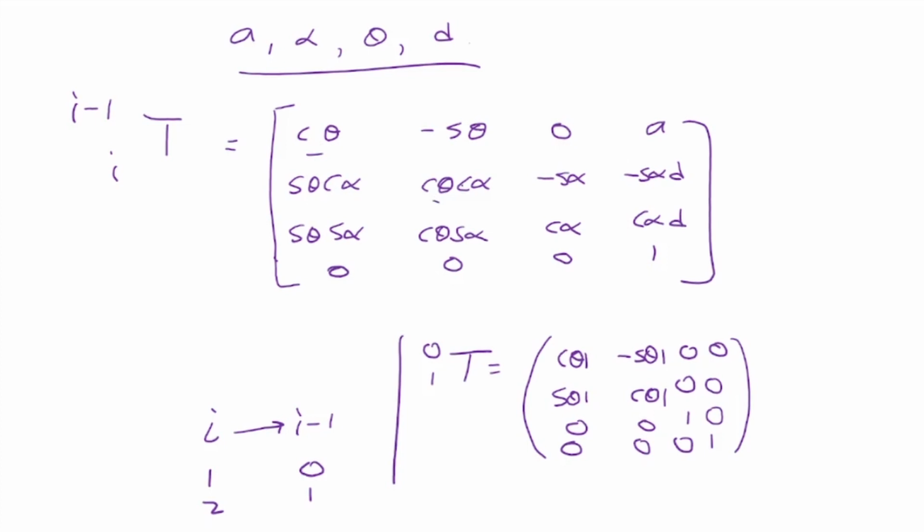So what I'm getting is cos theta 1, minus sin theta 1, cos theta 1, because that's the only variable. Alpha is 0, and a is 0, so that's a 0 there. D is 0, so this is 0, 0, and it's a rotation about the z-axis. I hope you can correlate that this was a rotation about the z-axis. Okay, so this is my first matrix.